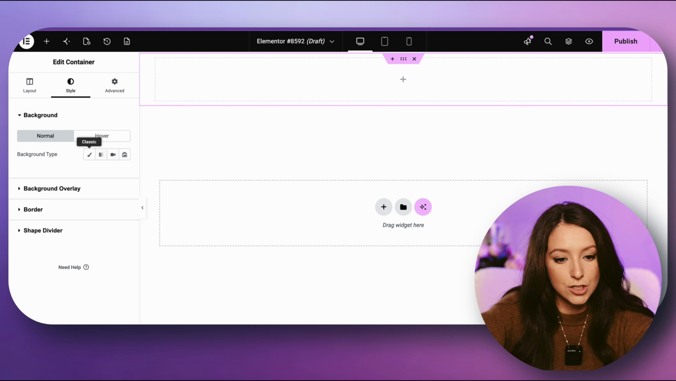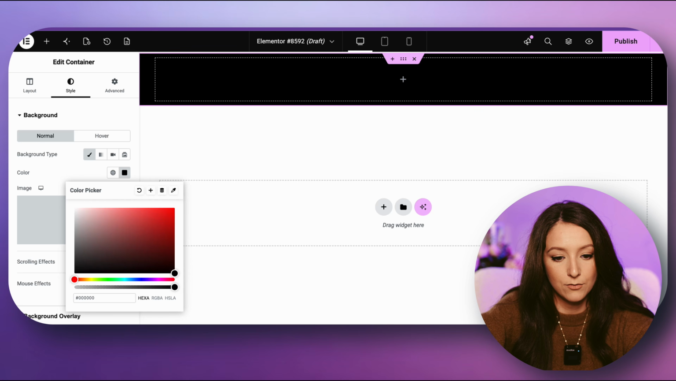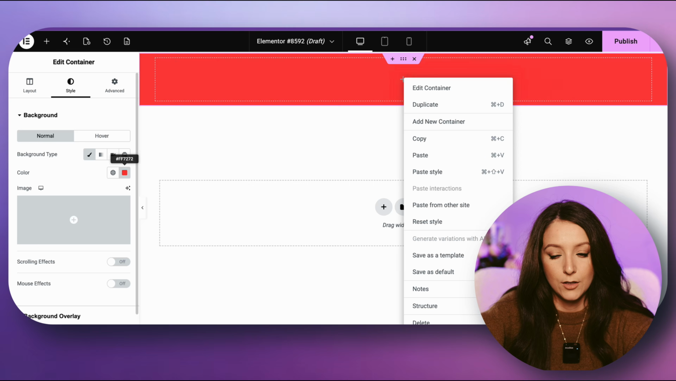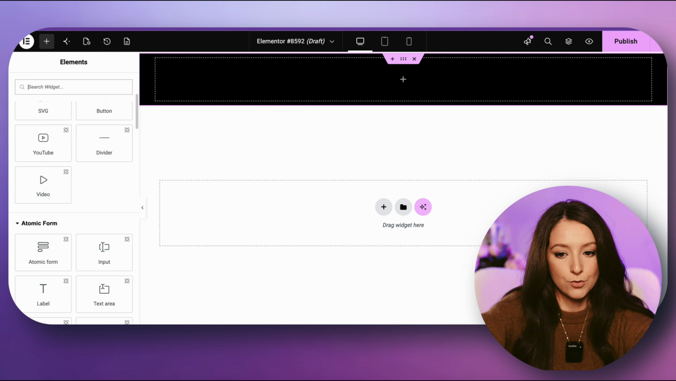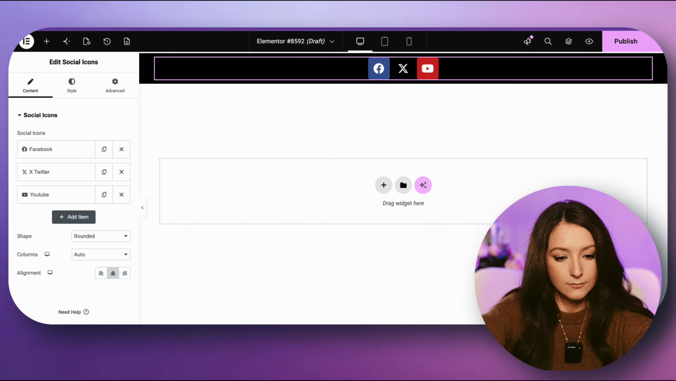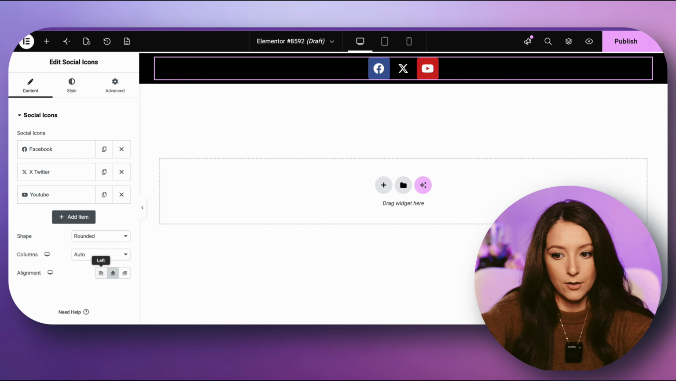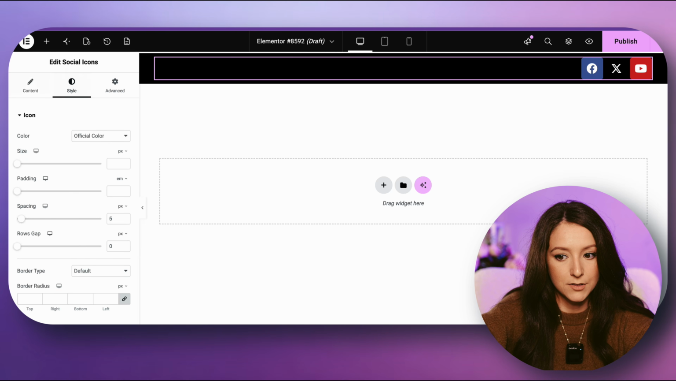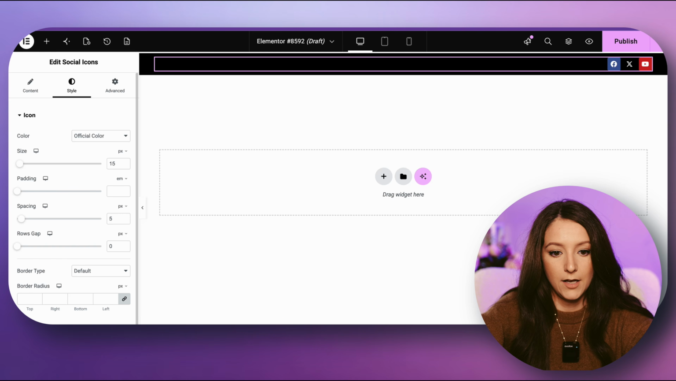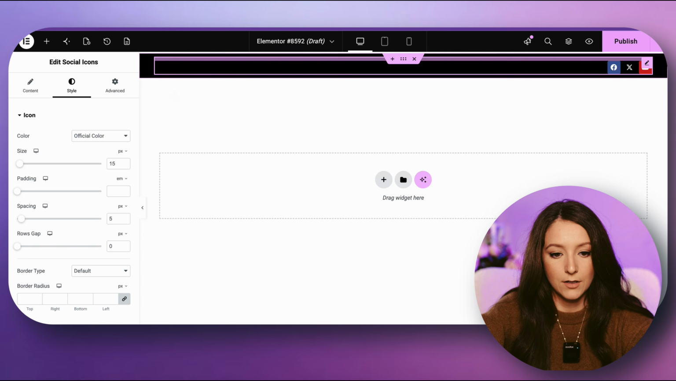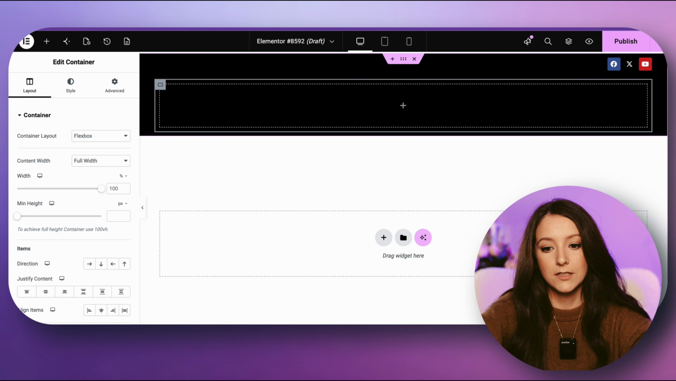We make modifications to each section. We want to add color background, for example. We want to add something here such as social icons. I want to add them right over there. I'm making modifications to the size. Okay, and if I want to add a new container, I can do that,